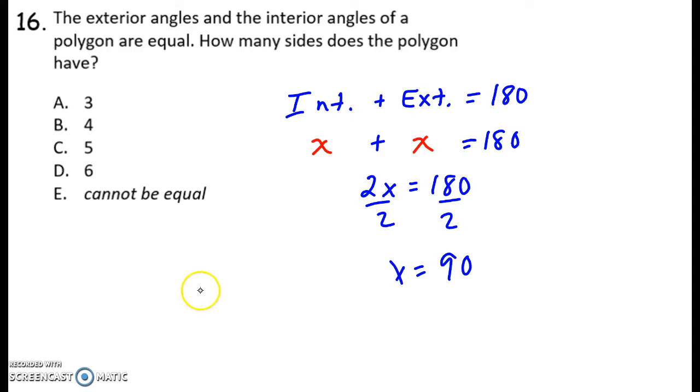So if we think about creating a 90-degree figure, you know that that figure has to have a right angle and that the exterior angle is also 90 degrees. And the only figure that you could make this into is a quadrilateral. So 4 sides, answer choice